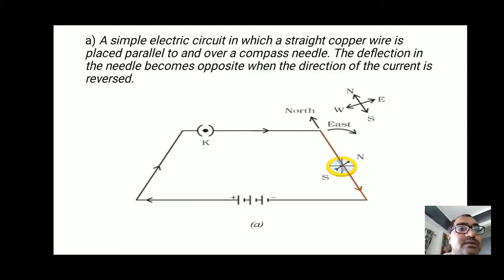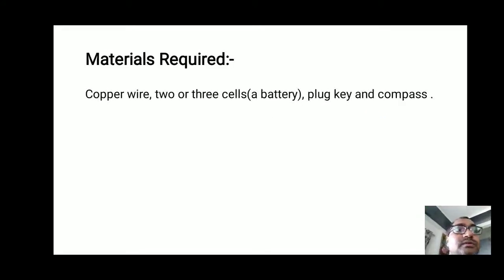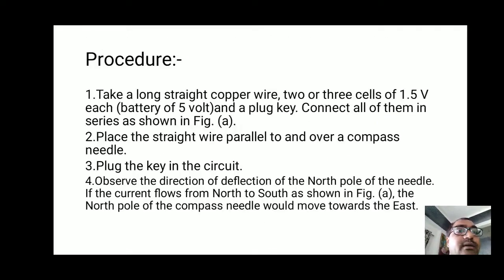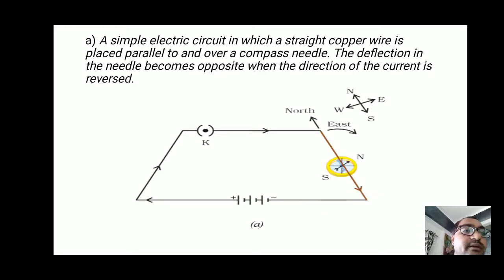When it passes near the compass, at that time the compass needle gets deflected towards the east side. It means that students, you can see that the direction here is north. Now when current passes from this direction, the needle moves from north to east side. In this direction it should deflect. So that is the first observation. That is how we have to understand it. This is one way.